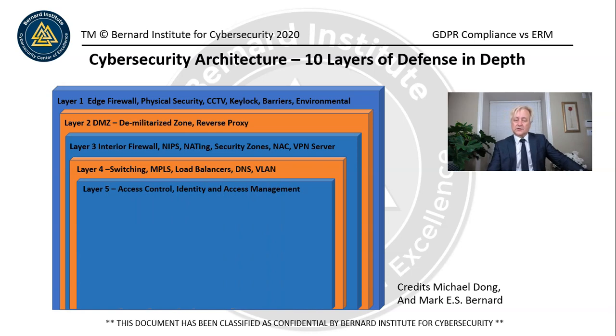Layer 5, access control and identity and access management. Some people might think that when you log onto a website that you're already inside the network, right? But actually, as you can see, layer 1, 2, 3, and 4, there's a number of layers that actually occur before you do enter your credentials and log in. You don't see them as a user, but this is what the security team and your IT or ICT team are working hard at, designing these networks, building them, so that they can protect you and protect the company's information. Access control is layer 5, and identity and access management.